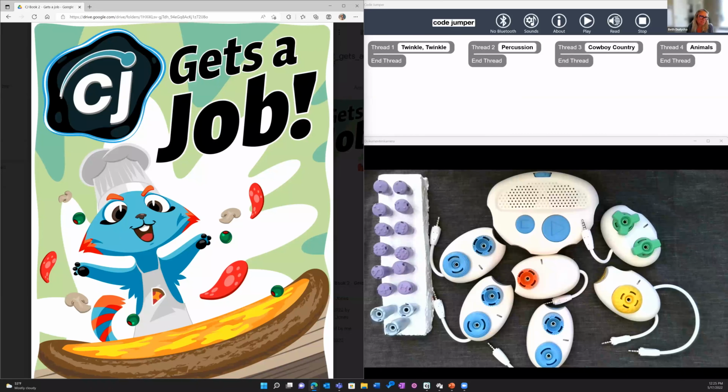And he, in this picture, is wearing a chef's hat and an apron with a pizza on it. There's a pizza crust in front, and there's some toppings being thrown around. He looks slightly maniacal, like he is really excited to have a job. And I bet just with that description, you can imagine he's got a job at a pizzeria. And so kids really have fun with this puzzle.